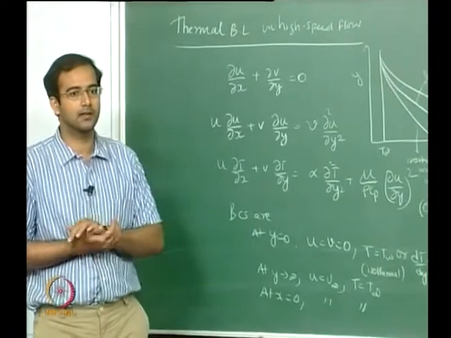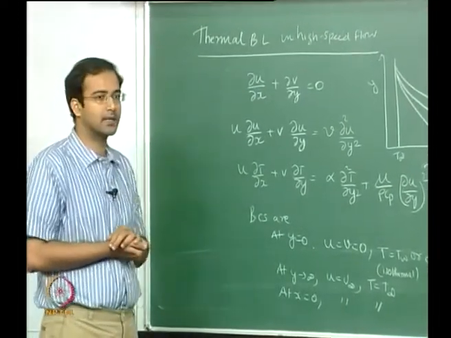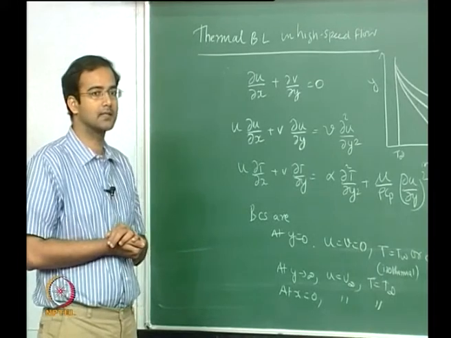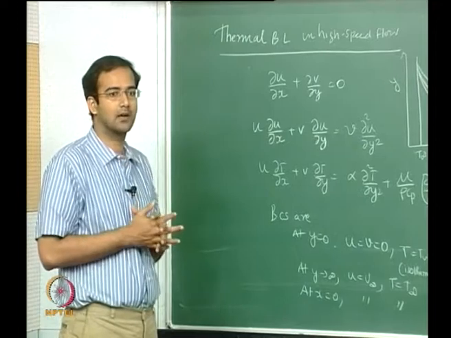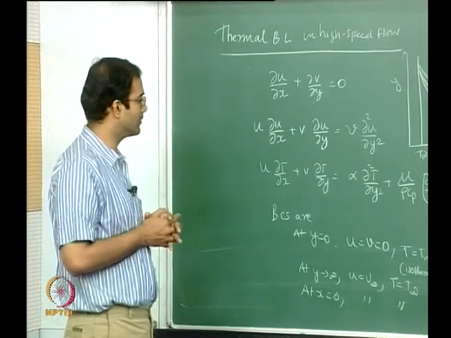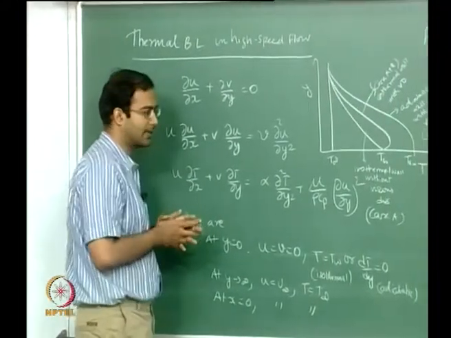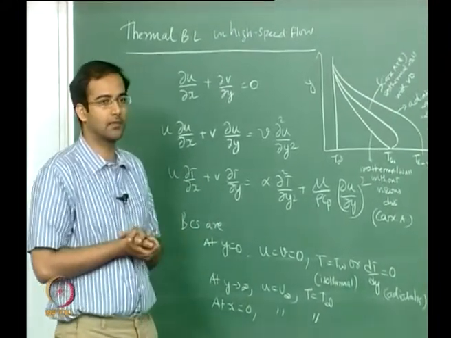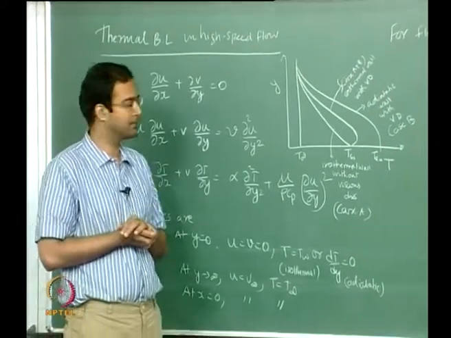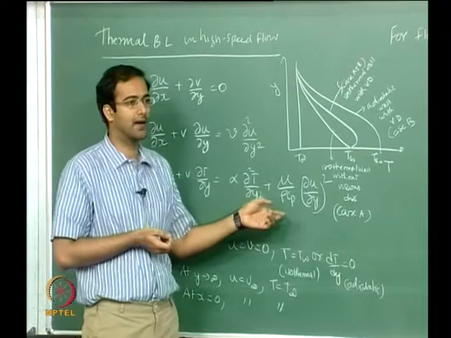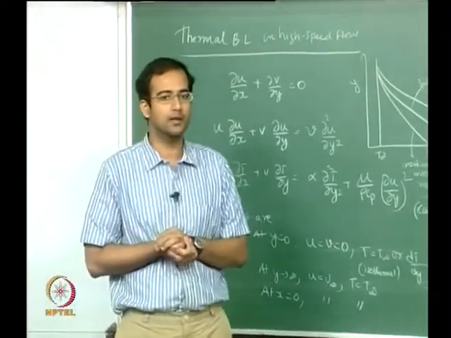Also we had looked at some of the similarity solutions for flows with pressure gradient, but still the energy equation was the same throughout in all of these configurations. So now we want to consider a case where you can, for example, apply either Falkner-Skan flows for a wedge, or you can take a simple flat plate boundary layer and you can see the effect of adding a viscous dissipation term. So when is this term going to be important?